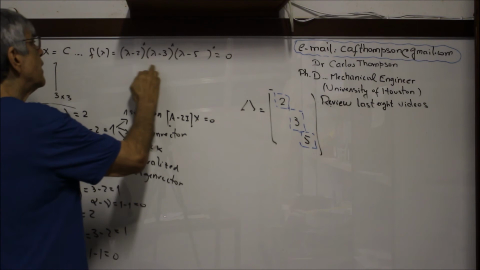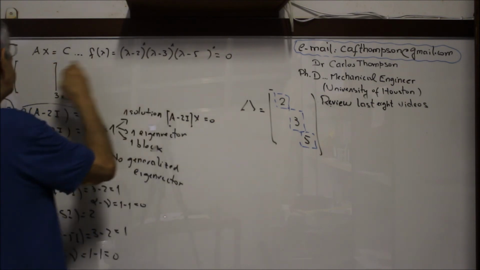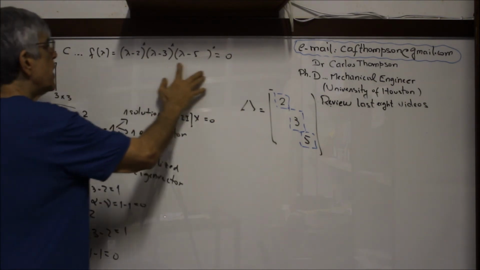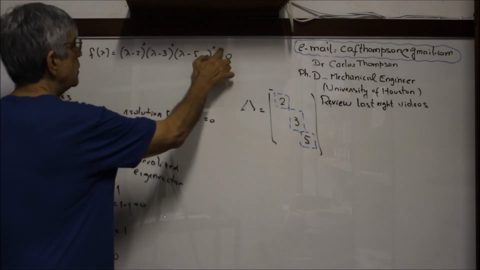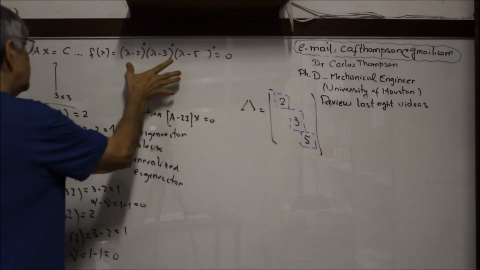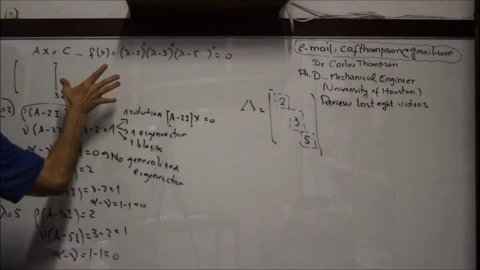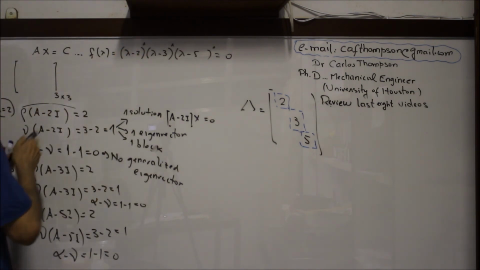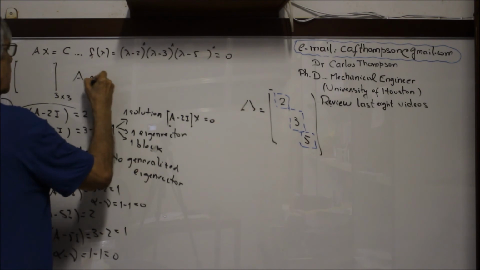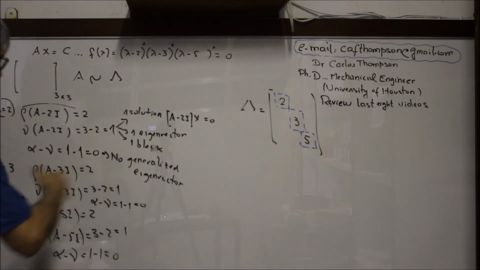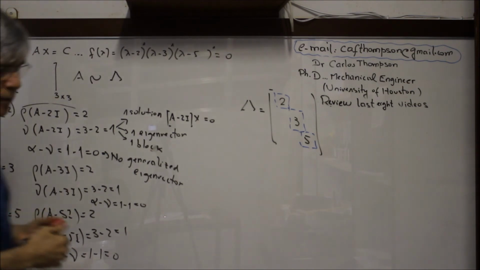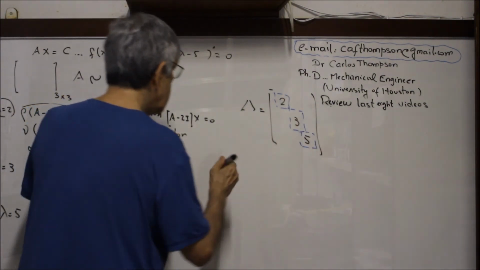If the eigenvalues of a matrix A are distinct, I have out here power 1. And then for sure, the matrix is similar to a diagonal matrix. Okay? That's a very important result. We can check. Look,